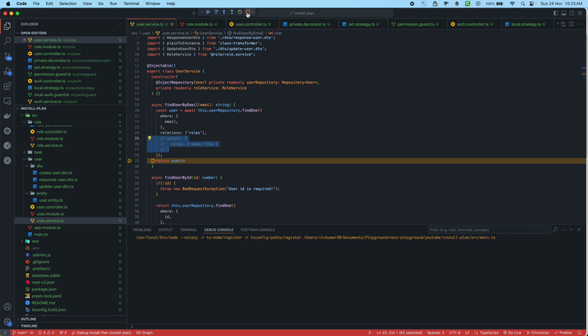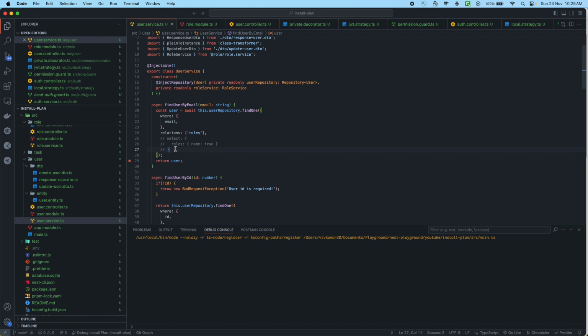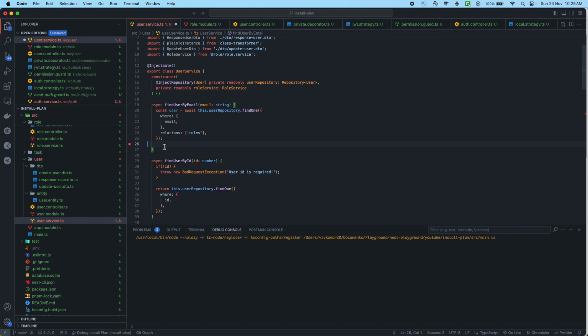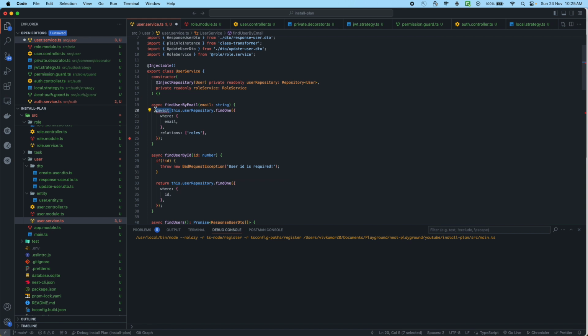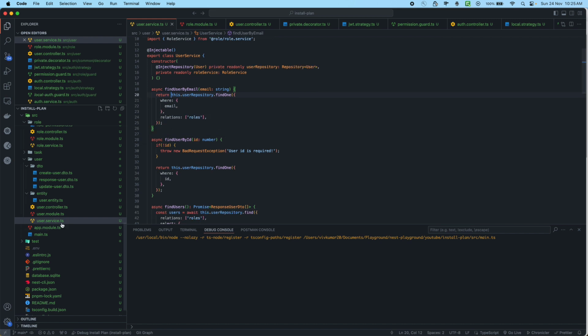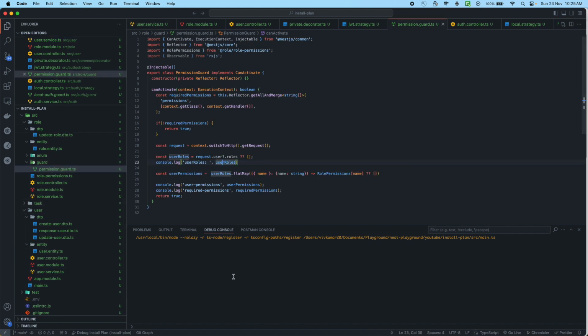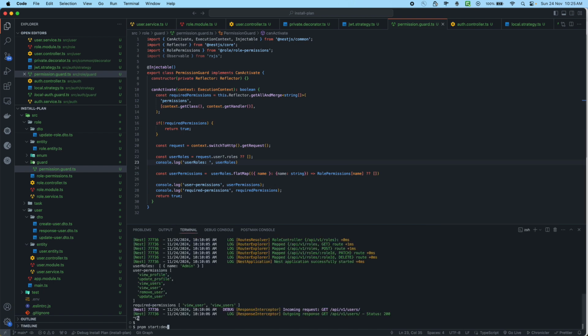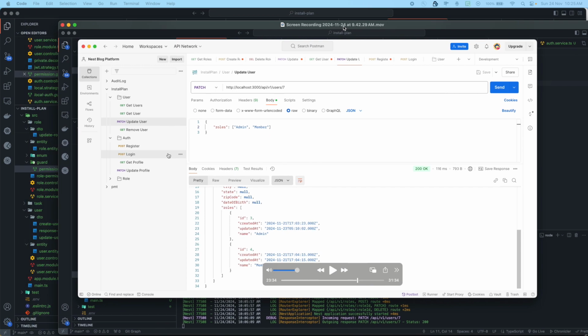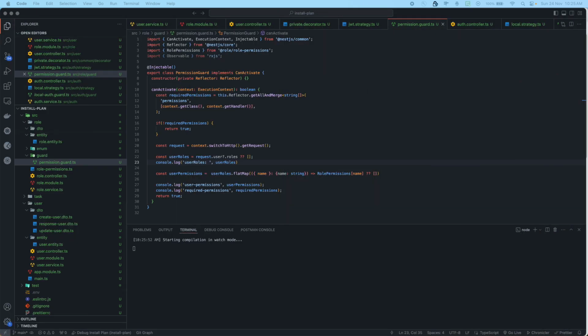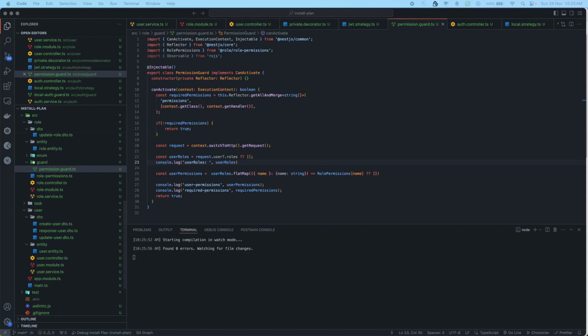So I'm going to stop this debugging, and I'll do one thing. I'll just remove this statement. I added it just for debugging purposes. And now what I'm gonna do, I'm gonna return it again. All right. And then if I go back in role guard, and if I try to run my server again,